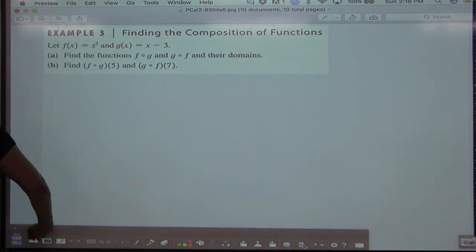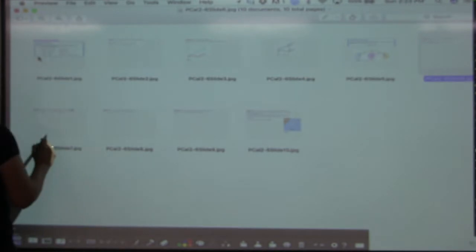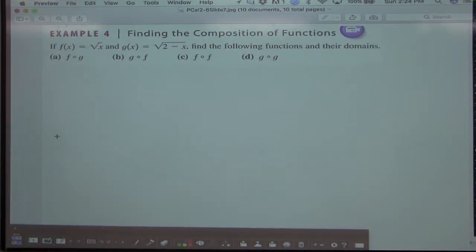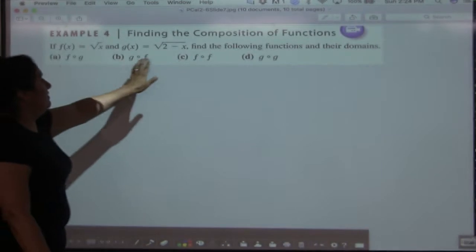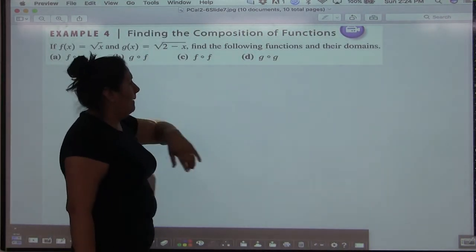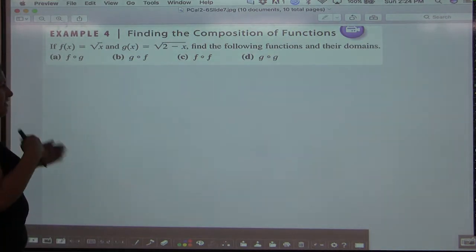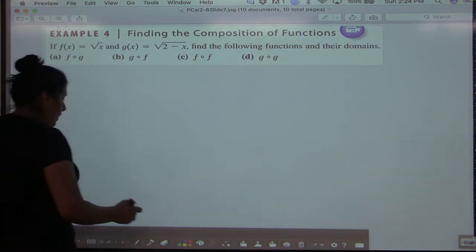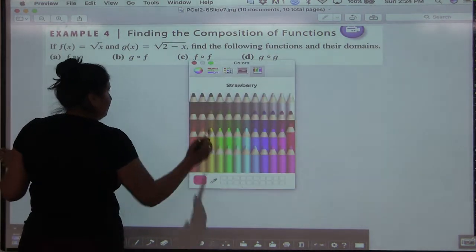So now we are going to go on to the next one. Almost winding down here. Example 4. In example 4, they want us to find f of g, g of f, not a big deal. But these ones kind of throw people off sometimes because it's f of f and g of g. So it's like, wow, you're putting the function in itself. So we're going to get started